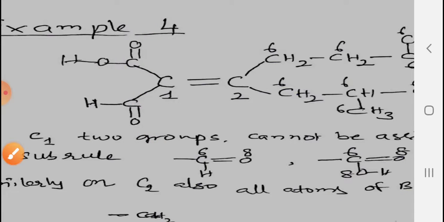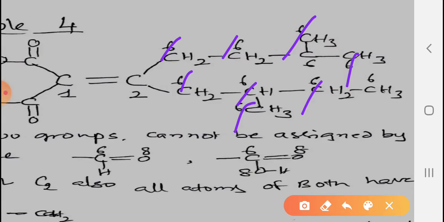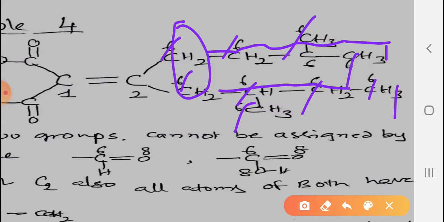And coming to this side, here also 6, 6, 6, 6, 6, 6, 6, 6, 6, then 1, 1. Both have the same atomic number. The rule of atomic number 1, atomic number 2 is not valid. Directly bonded is not possible, and going to the next and next, it is also not possible.